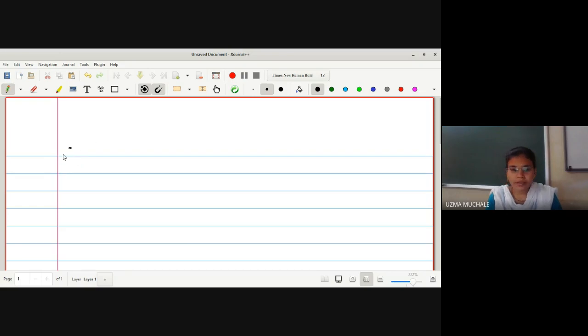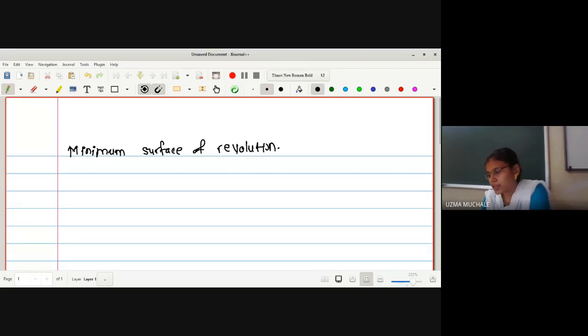It is minimum surface of revolution. So we'll see the next example, for minimum surface of revolution. Okay. So in this example, let me write down the question itself